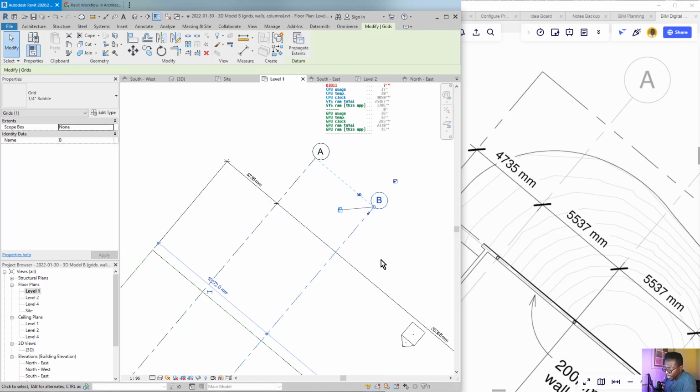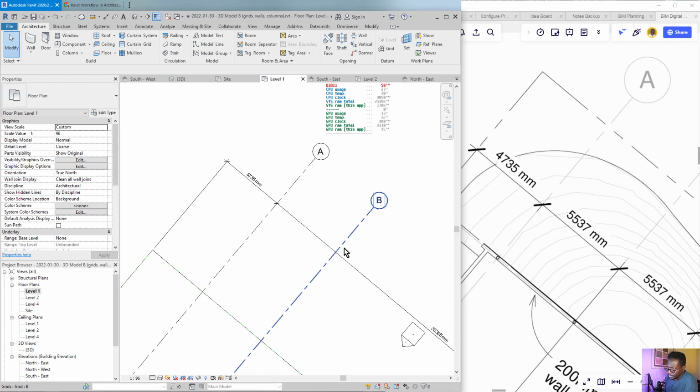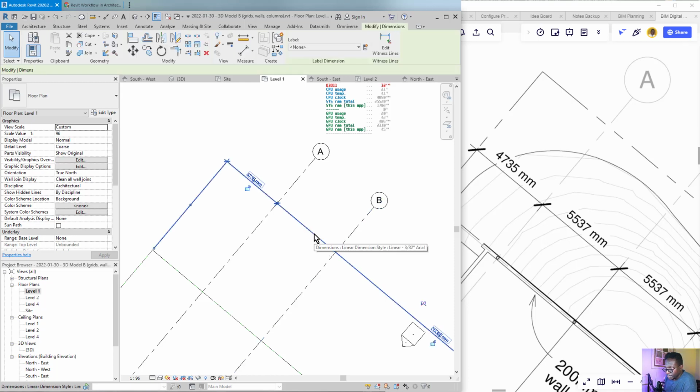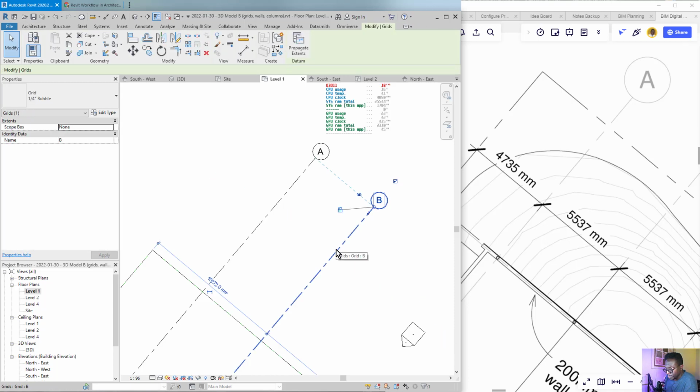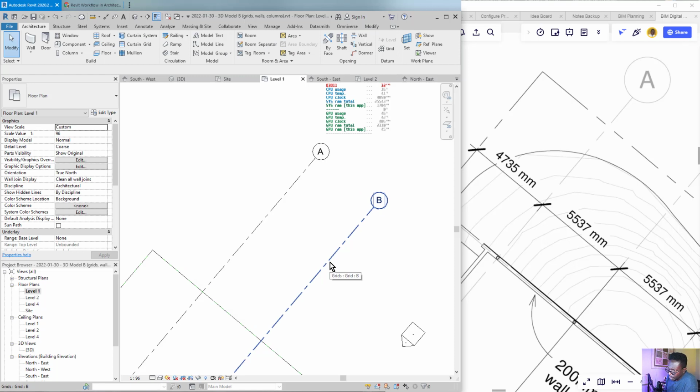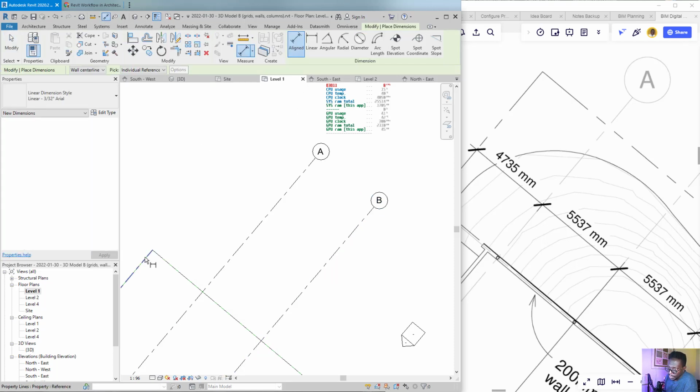There we go, and it automatically named the next grid B. I'm going to delete this dimension here, and what I can actually do is when I click, I can actually use my dimension tool up top, and I can put in my own dimension. So I click here, then click here, then click here, and you can see that I have my dimensions there,